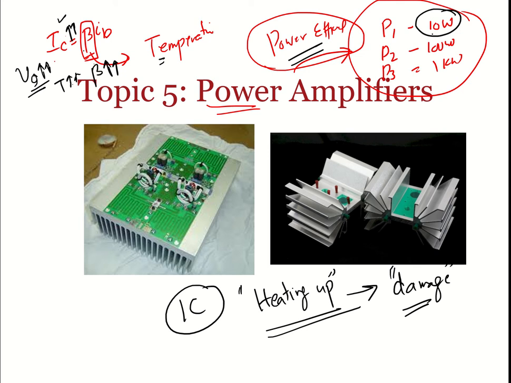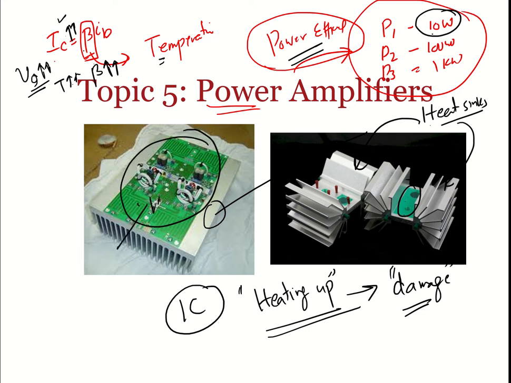Okay, so for that case, we have to prevent the device from damaging, and to prevent that we use heat sinks. Okay, so these are basically the example of heat sinks. You have an IC, this is a heat sink. So heat sink is basically a device which will absorb the power, which will consume most of the dissipating power. So less power will be dissipated, less power will be consumed by the actual IC. More power will be consumed, dissipated by the heat sink. So it will prevent the device from damaging. That is the advantage of the heat sink.